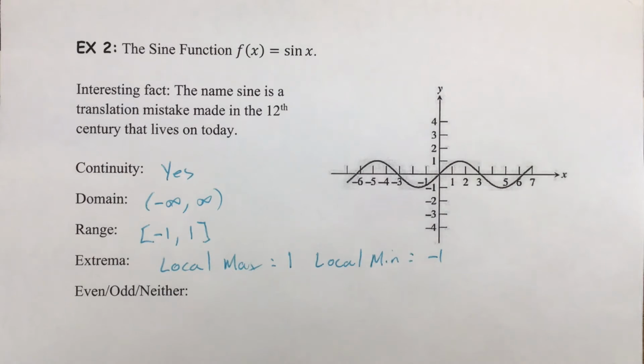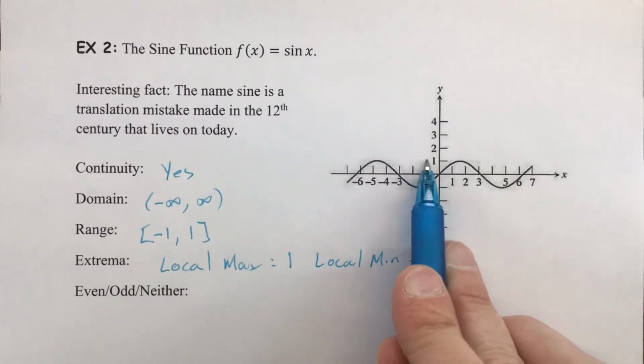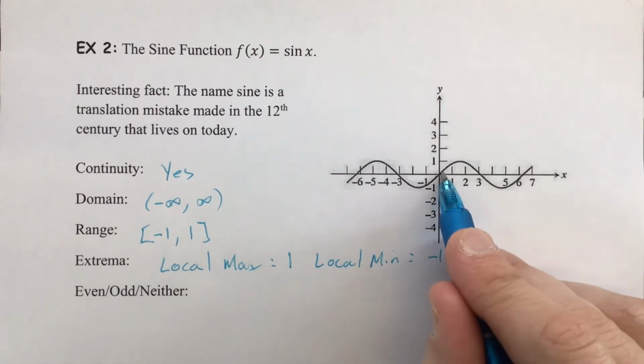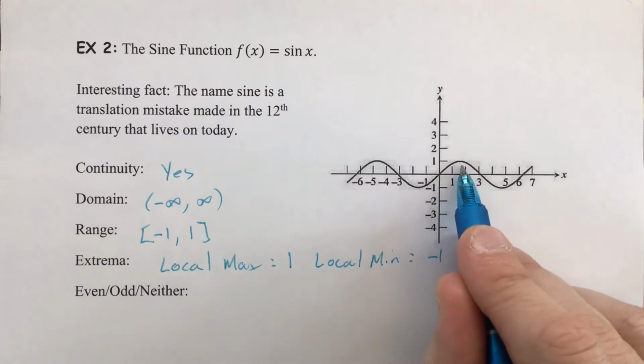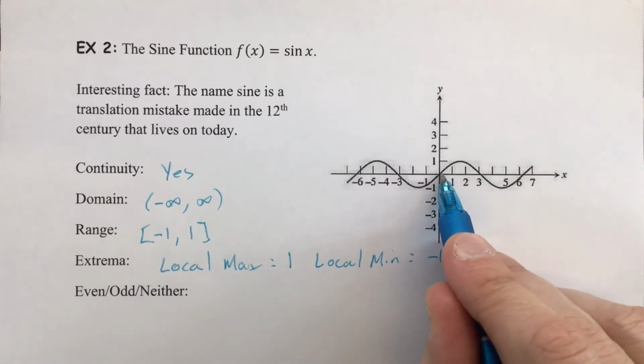Okay, even, odd, or neither. Definitely not going to be even. Okay, you could just look at this mound right here. That does not reflect over there. Is it an odd function? Yes, it is. You can choose any point on this side of the graph. Let's suppose you choose that point. You can match it up with the origin, then pick out another point that is equidistant in the opposite direction,